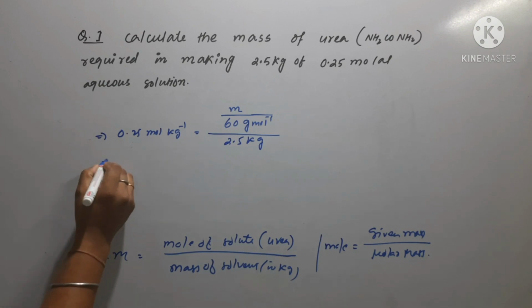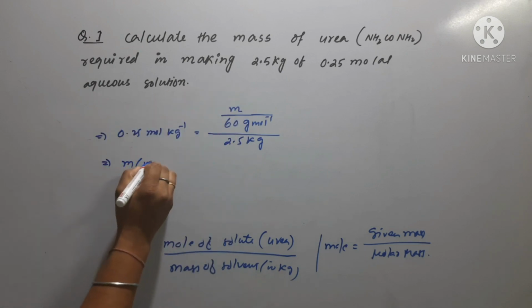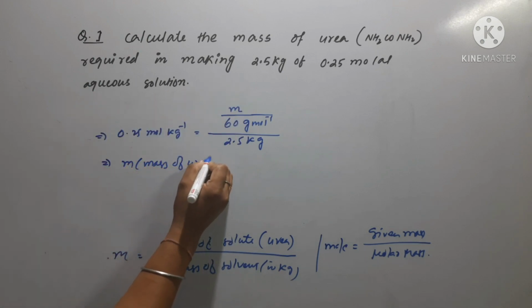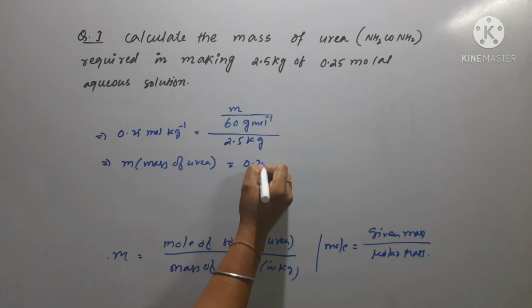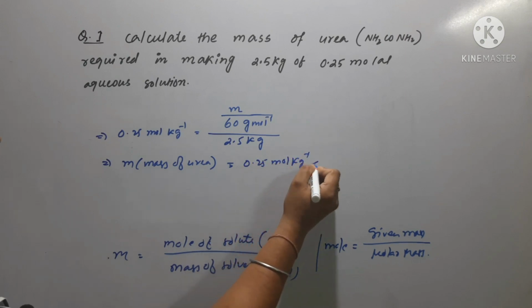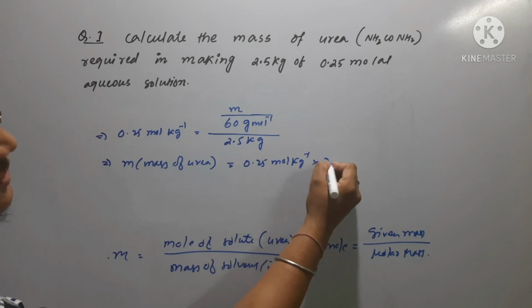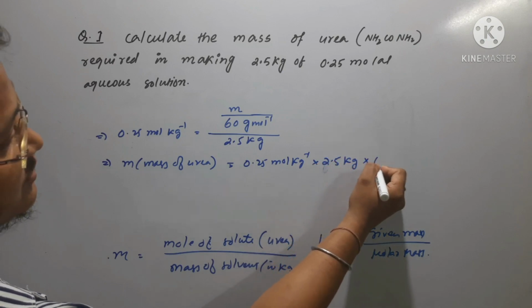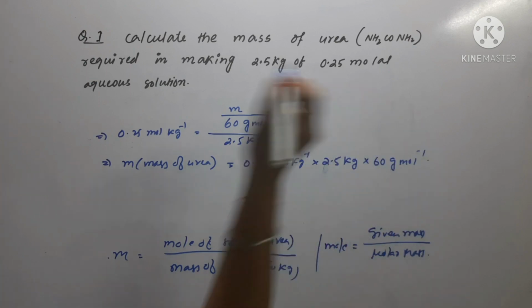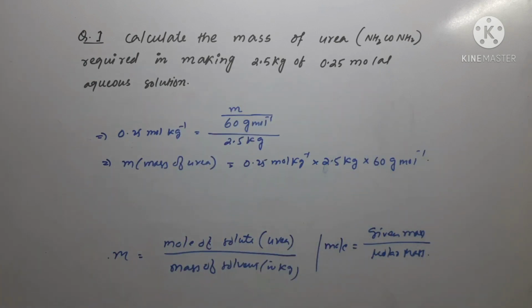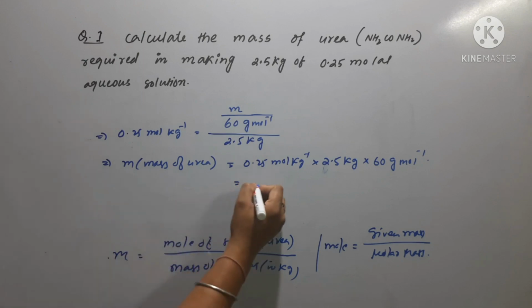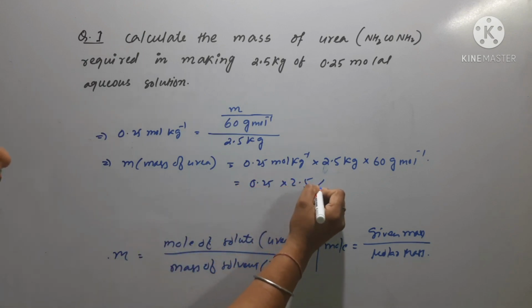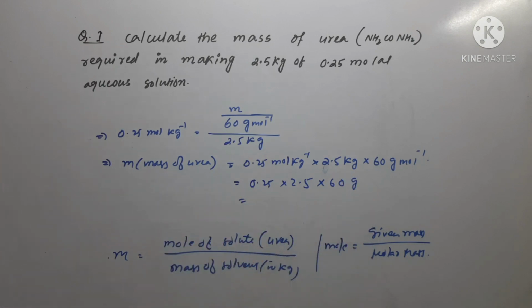Now you just have to find the value of small m, the mass of urea. So m equals 0.25 mole per kg into 2.5 kg into 60 gram per mole. The kg inverse and kg cancel out, and the mole inverse cancels out. What is left is the unit gram, which is 0.25 into 2.5 into 60 gram, and which will come out as